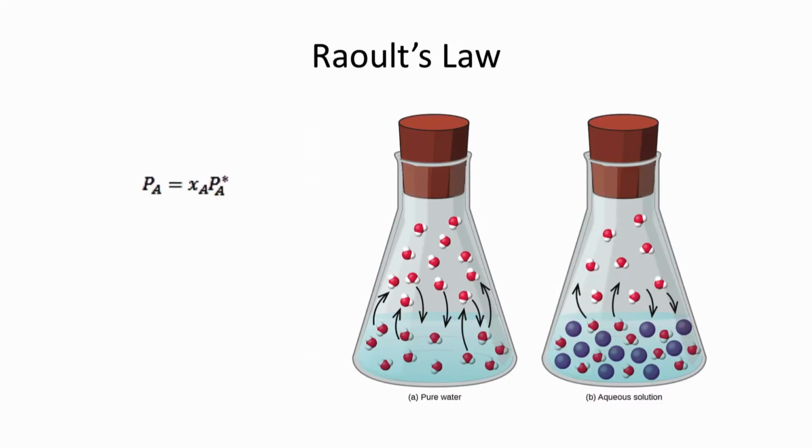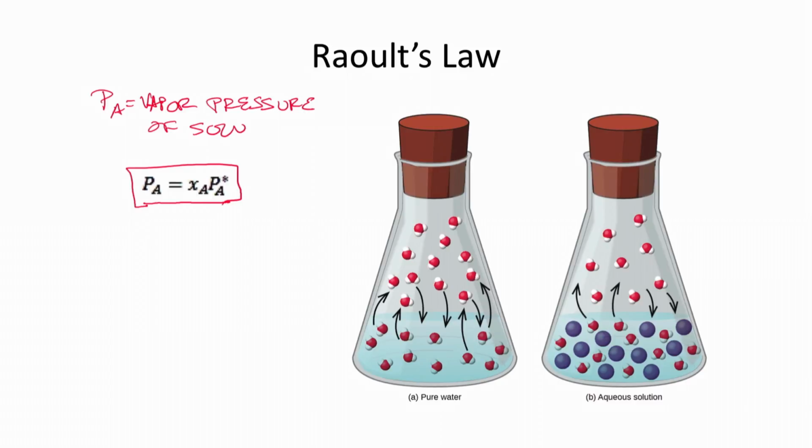Okay, and so there's something called Raoult's law, which is useful to describe colligative properties. Raoult's law basically says that the partial pressure of something in a solution is equal to the mole fraction of the solute multiplied by the vapor pressure of the pure solvent. Okay, and so in this equation, PA is equal to the vapor pressure of solution,